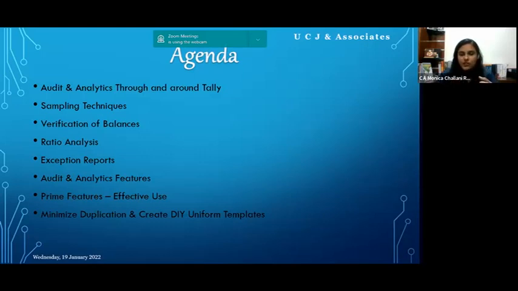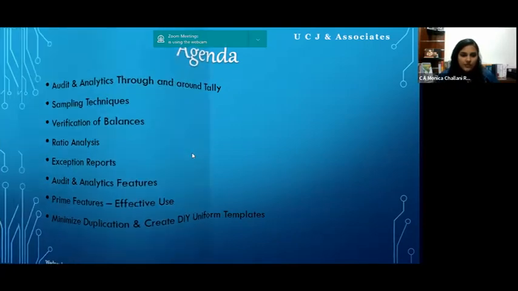And I saw a question on valuation of stock, so I will touch upon that also. There was a question on the FIFO method of accounting and stock valuation, so I will touch upon that while we are doing these reports. And last but not the least, these prime features which have come in TallyPrime, I'm sure most of us are aware. But if I can add any input and if I can definitely learn from any of you, it will be really good. So having said that, let's step right into